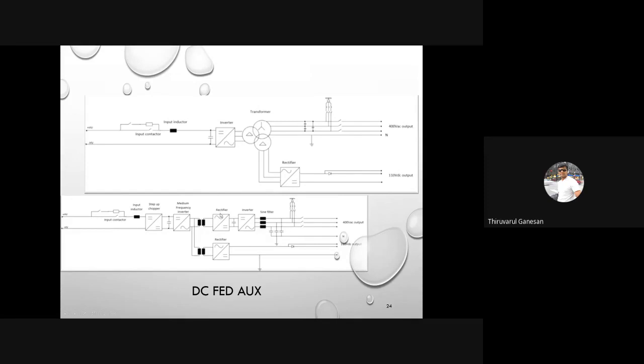And in this case, the control algorithm will be quite complex, and it will be a compact design, I would say, because you're not using the transformer here. You're using a medium frequency transformer, which will be smaller than this one, and it is a very compact design with multiple modes of conversion. It is slightly more costly than the previous one, but it is a more controllable charging operation in this portion.